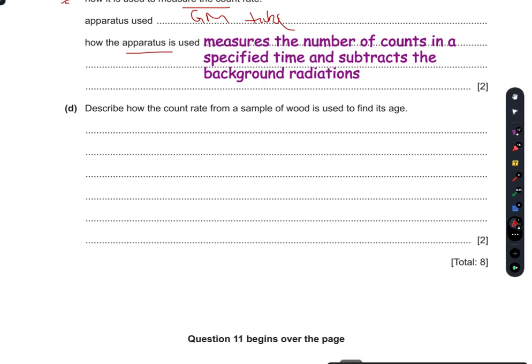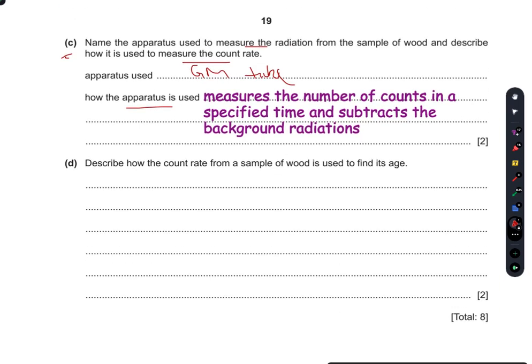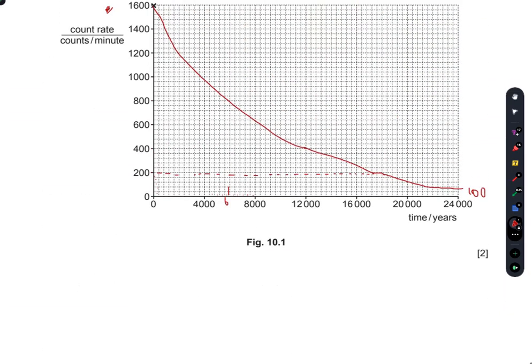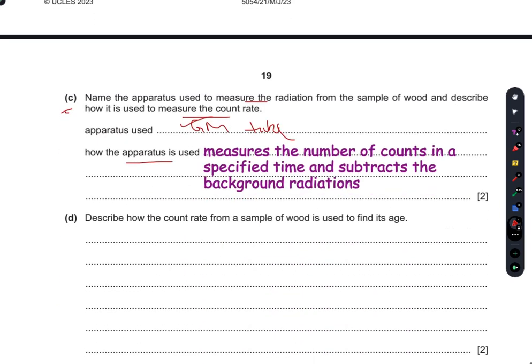So the answer is that you find the count rates by using the GM tube, obviously, and then you compare the count rates with the graph you initially have for the half life and the comparison of the count rates with the time, and then you can do the mathematics and find out the age of the sample of the wood. So that's how you will do this. So again, a text box.